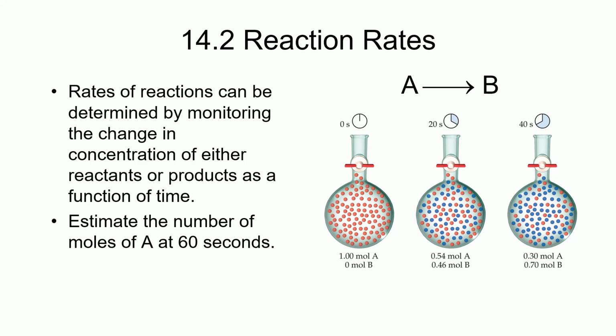Between 0 seconds and 20 seconds, we will find that the number of moles of A went down by 46%. And if we calculate what percentage it goes down between 20 and 40 seconds, we'll see that it goes down by about 44%. We can do that by taking the amount of change divided by the original amount, so we'll do 0.24 divided by 0.54, and I'm going to switch over